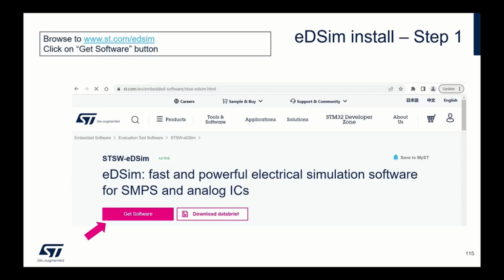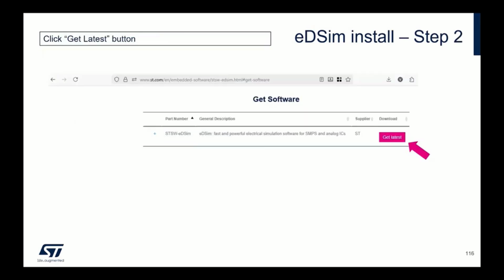So again, this tool has a lot of functionalities. You go get the software, you are going to get the latest version. Just a word of advice: you will always need to have the latest version for it to run. So you may